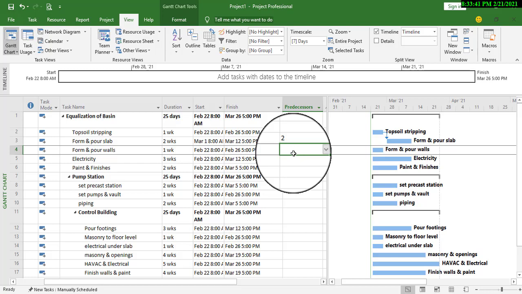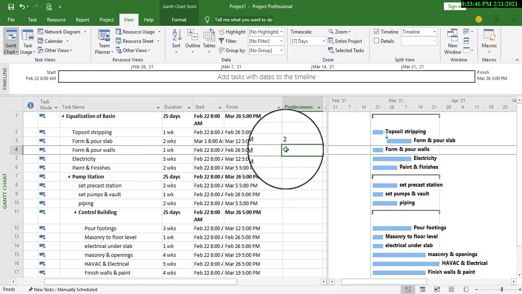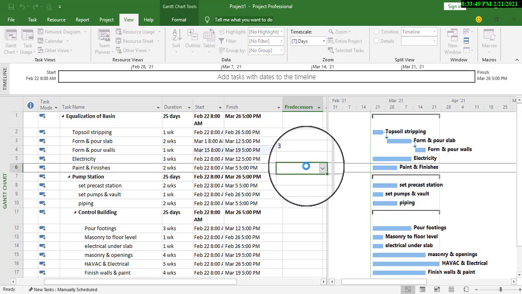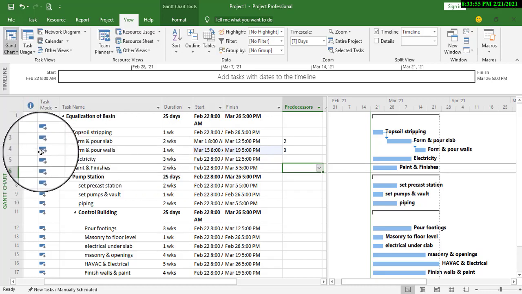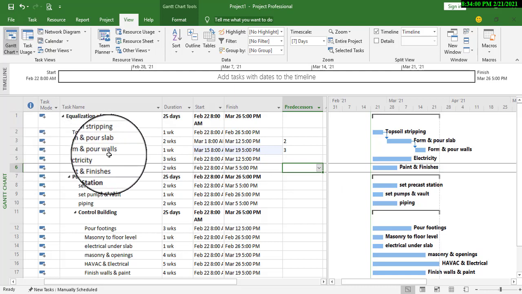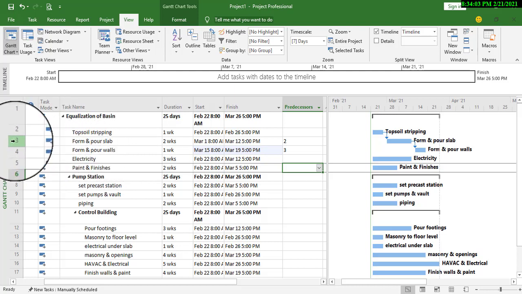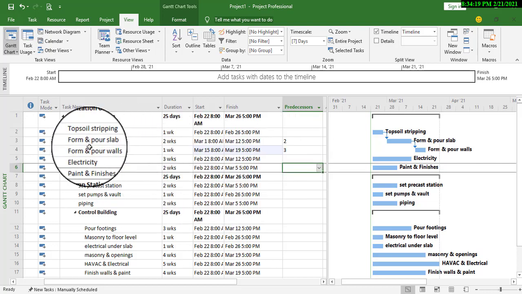So in this case, our predecessor activity for this successor activity, which is the form and pour walls, becomes number 3, which means that we need to finish this before we can start this. Very good. But then our form